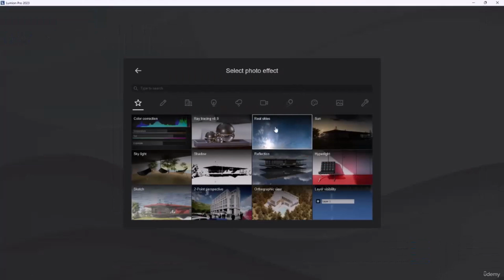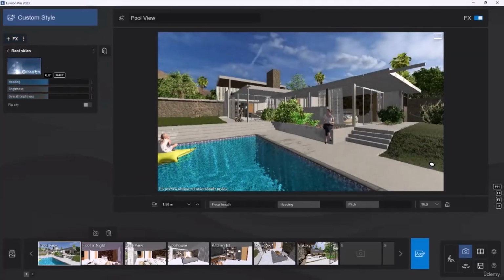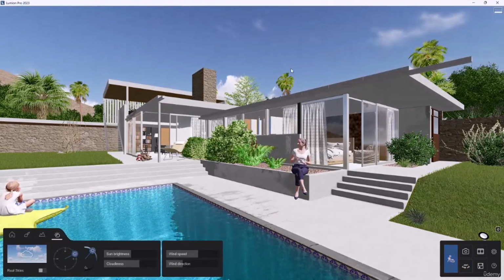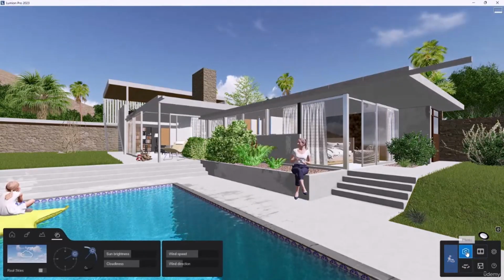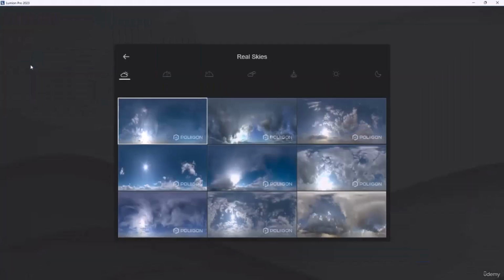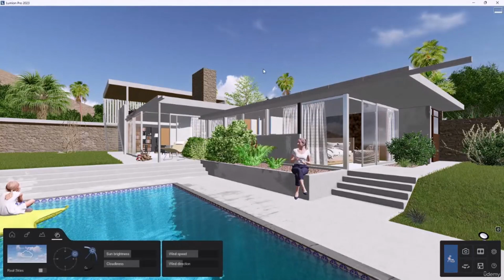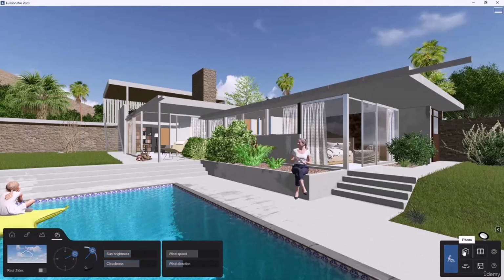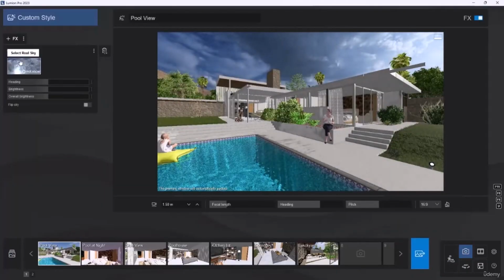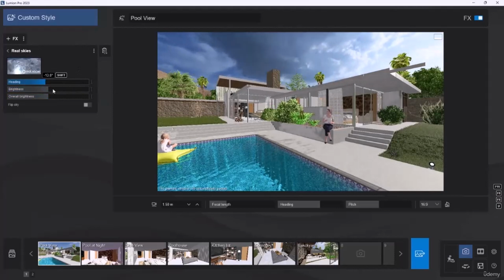I'm gonna choose a sky for our project. It doesn't relate to the build mode. This effect is only for the photo mode, not the build mode. You can change the weather here, but in photo mode you can select the sky that you like. You can change the settings here, rotate it,